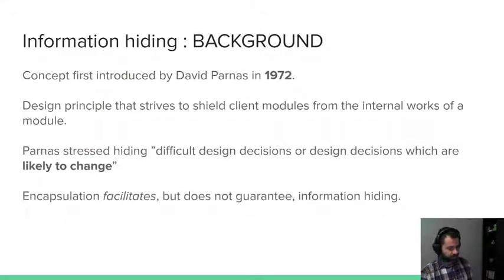But we're going to kind of dig into a little bit of the background now. So information hiding was really introduced in 1972 by somebody called David Parnas, who is basically one of the pillars of software engineering as we know it now. And the thing to consider here, which is really interesting,